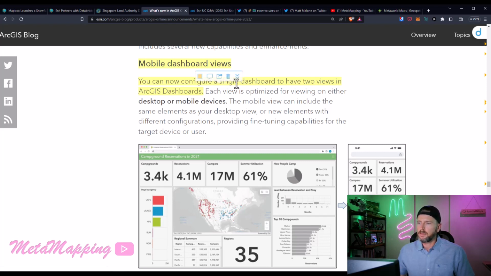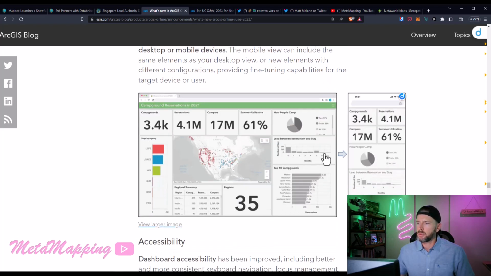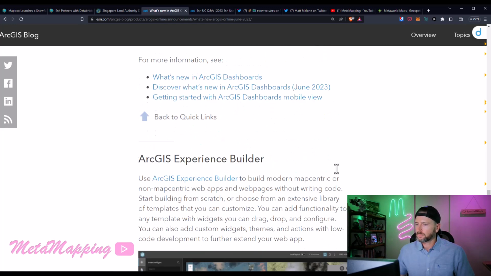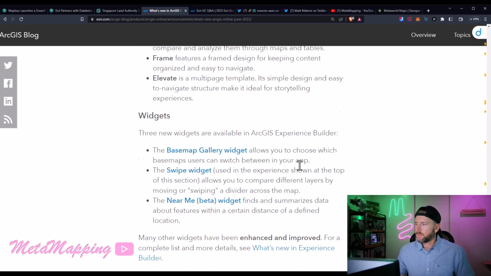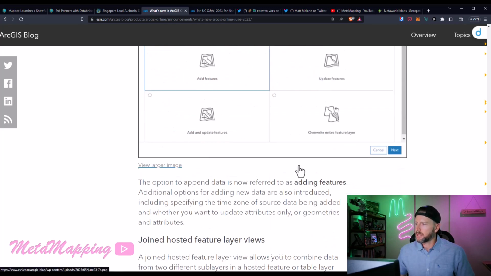So now you can configure a single dashboard to have two views in ArcGIS dashboard. So that's pretty cool. It'll automatically recognize if you're on the web or the mobile, and then select the appropriate dashboard that you've configured there. Some enhancements to Experience Builder,